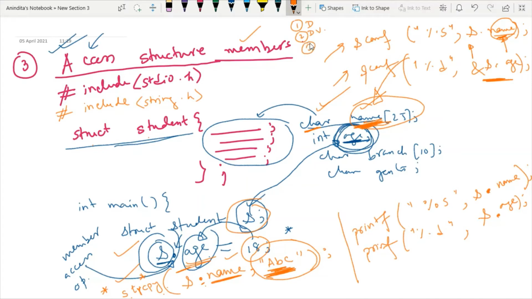Third, using any one mechanism to access the members of the structure. For accessing the members, the structure variables are one of the important keys that you have to use. And also, to associate the structure variable with the structure members, you have to use the member access operator, or dot. So this is the basic definition of a structure.